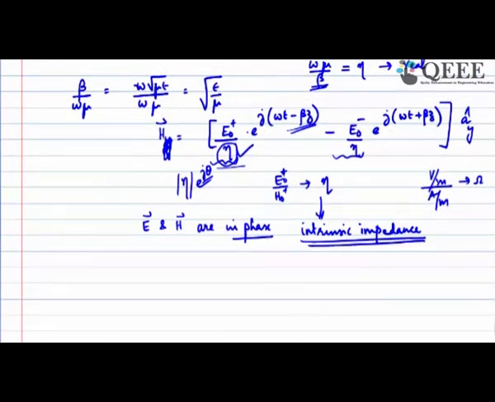But if I want to visualize this field, it is like this. As a function of z, I have E along the x direction, H along the y direction. So this is my x direction, this is my y direction, and along the z direction the field is changing. So I have a sinusoidal variation, sorry, I have this kind of